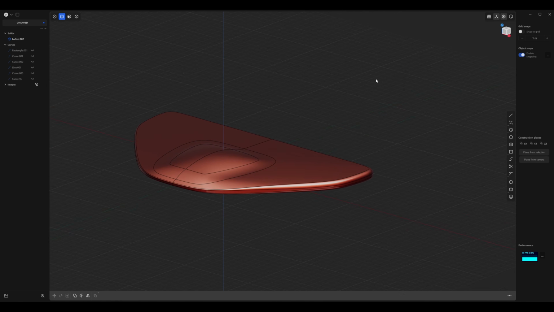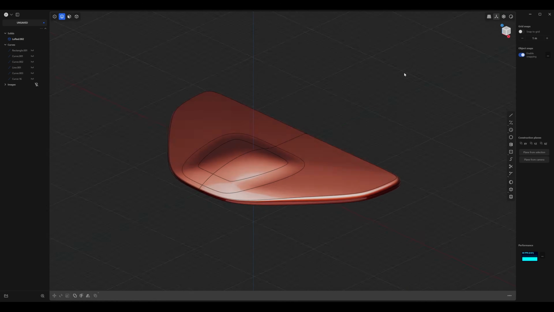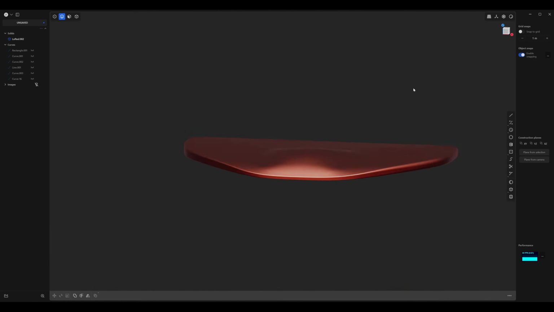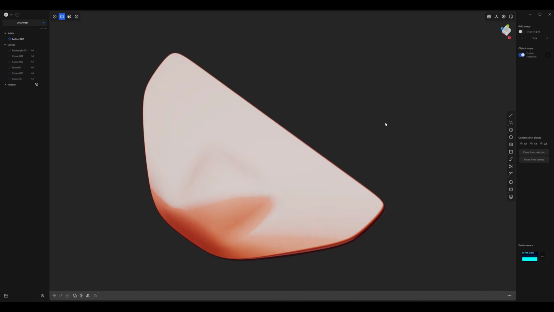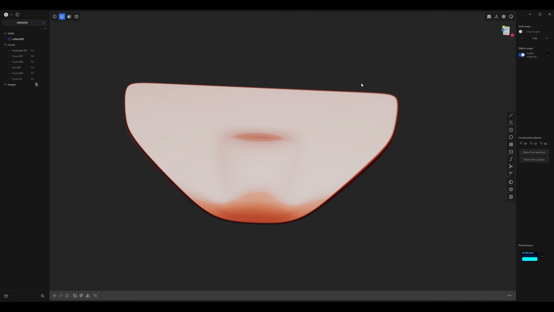And I'm going to toggle transparency, which you can do over here. Toggle X-ray mode. Sometimes you don't want it. And turn off my edges so I can kind of see. Just want to see a clearer picture of this general form. It's looking pretty smooth. So we can go ahead and move on to the propeller openings in the back area.